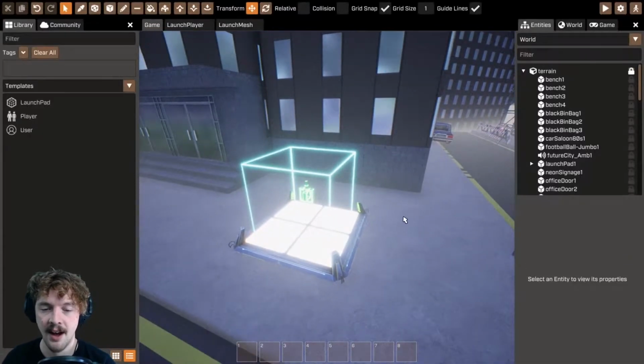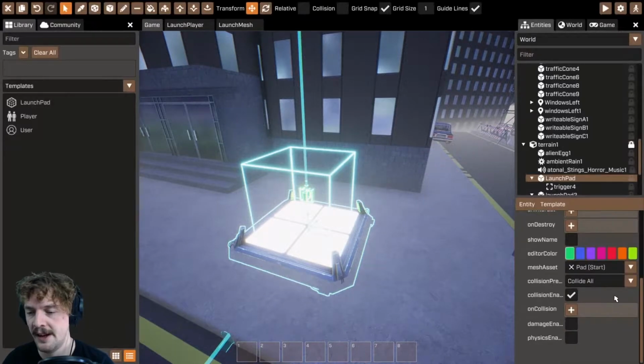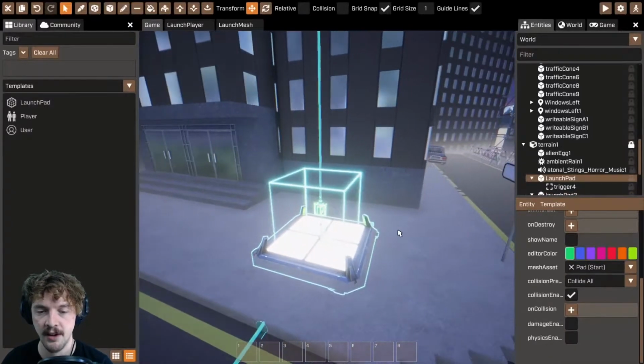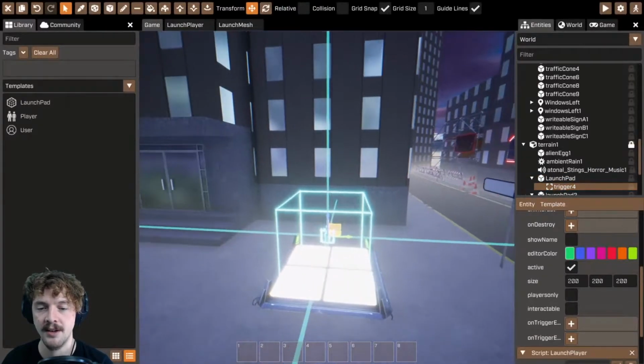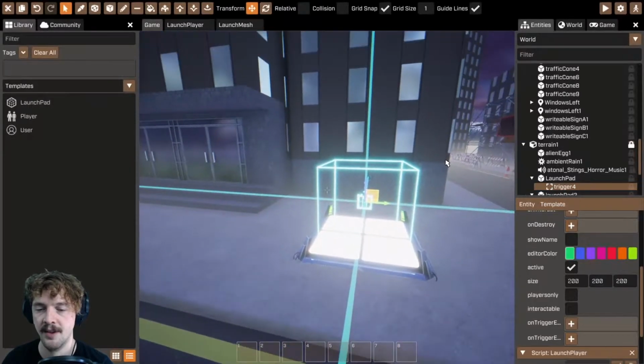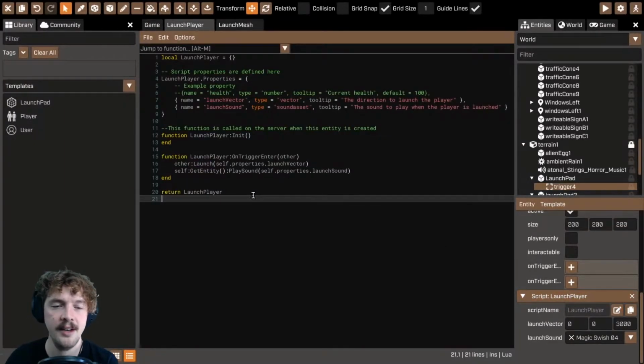Here in this game, I've got a launch pad that I've created, and it's fairly straightforward. It's got a trigger placed on top of it so that when a player enters the trigger, I have some code that fires and shoots the player into the sky. The code itself is here in this launch player script, and if I open that, you can see it's quite